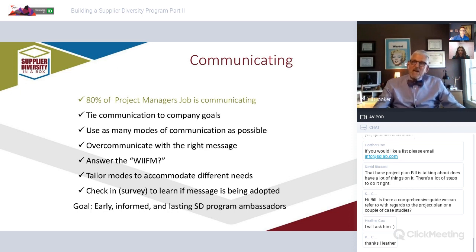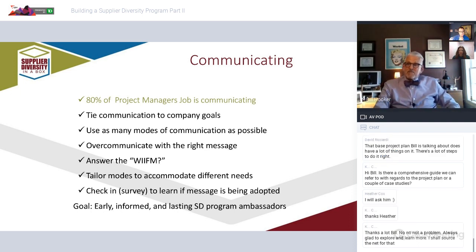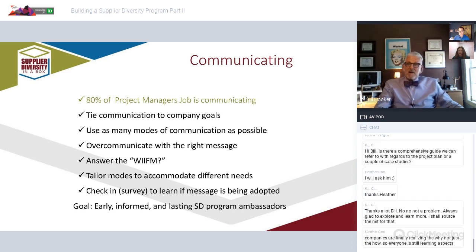So from a communication standpoint, we are trying to change people's behaviors. We're trying to change their feelings about supplier diversity. We talked about what supplier diversity isn't yesterday. And one of the things that I'm finding is really a very typical statistic is that when you're communicating through what we'll talk about as a strategic change management communication program or plan, 80% of the job of